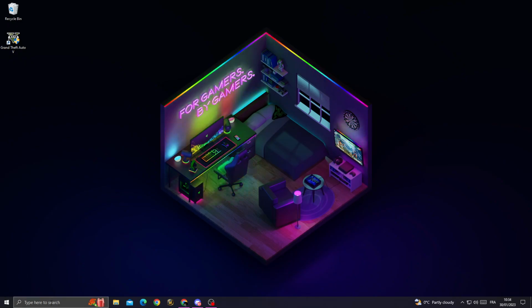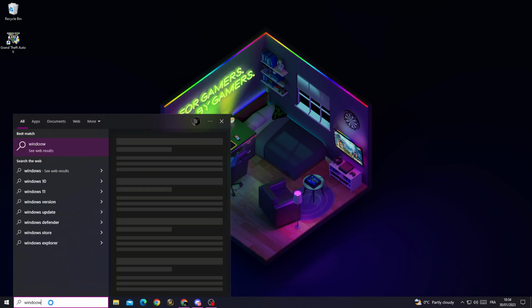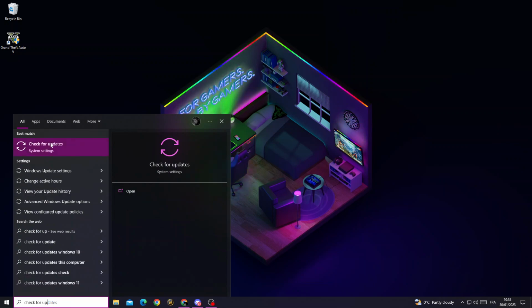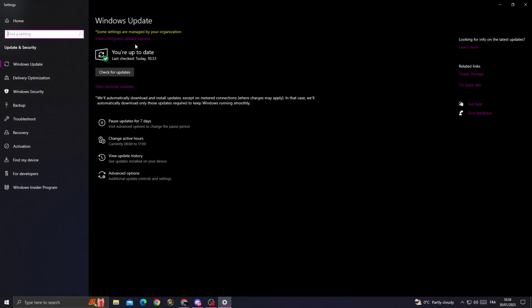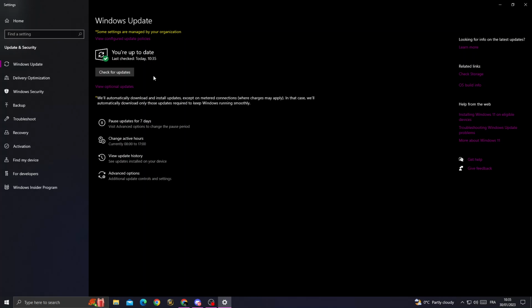and then type here Windows updates, type check for updates and click on it. Now just click check for updates and wait for it, and if you find an update, just install it and then go back,